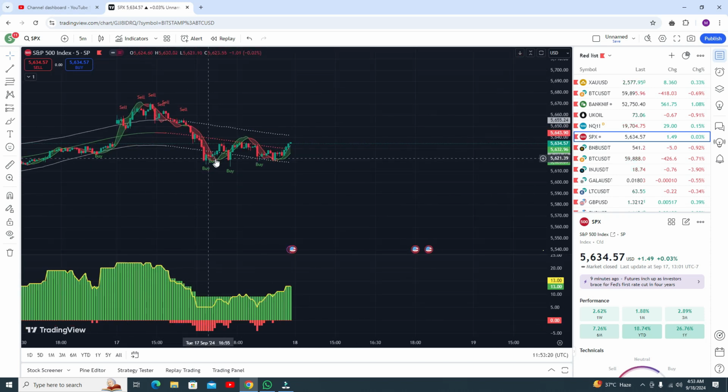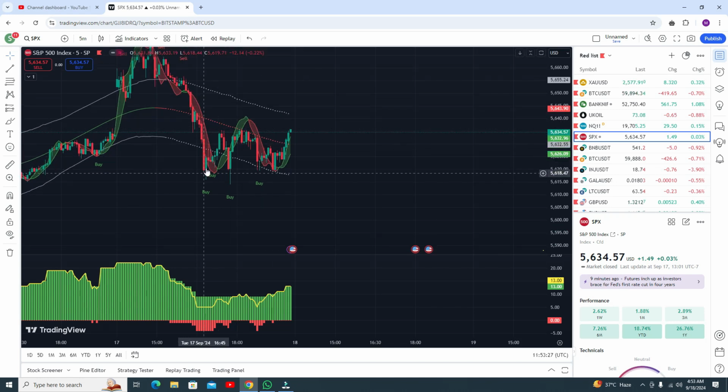And now this is your most recent buy signal, and now you are in some good profit. Here you can see this is the most recent buy entry. The indicator works on all time frames, like 1 minute, 5 minutes, 15 minutes, 1 hour. You can even use this indicator on the 4-hour time frame as well.